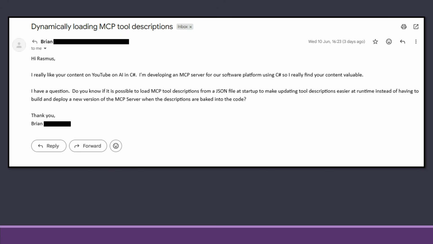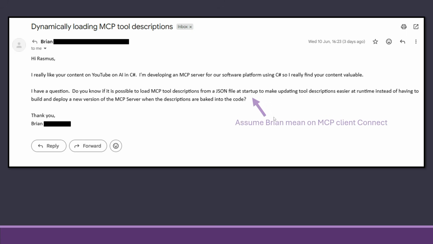So it makes it easier to not need to rebuild and deploy. So he sent that, and I actually have had the same ideas on things. We will go into a second on what the problem is and how we solve it.